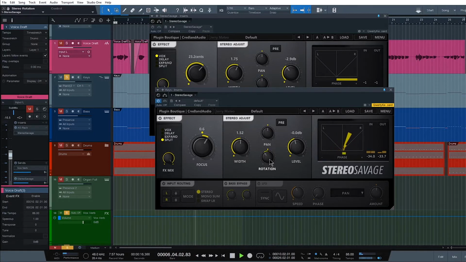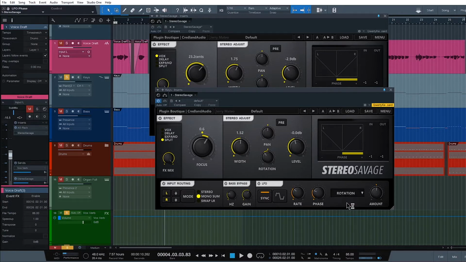Well, I want this a little bit to my left. Now we're going to use the input routing because the keyboard samples that we used were mono. So we're going to have mono sum. I'm going to also bypass anything under 100 Hertz because I don't want to cause any phase issues later on in the mix. And I'm going to turn on the LFO tool. This is probably one of my favorite tools. This will basically add movement and modulation to whatever I set it to. So we're going to have the rate be about 1/8 notes, increase the phase just by a little bit, and